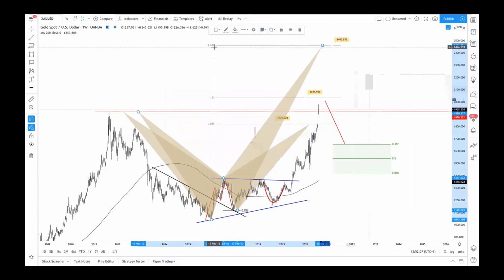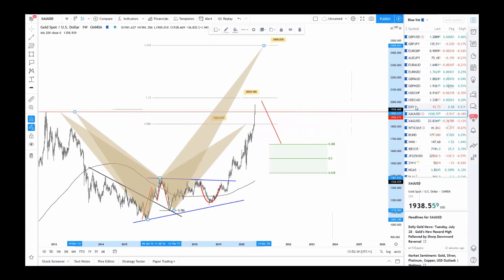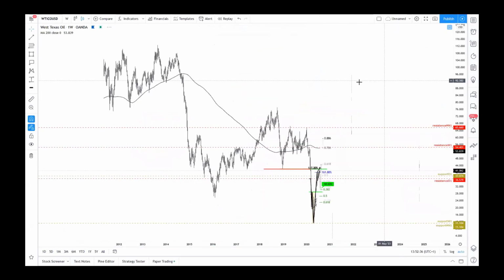So this is the 161 extension from all these swing lows. So this is the bearish crab pattern. Around that price level, I think the same, we will find for sure some confluence and convergence between other Fibonacci levels if the price starts to rise. So at that level, I will start to pay attention if the market fails a major or deeper fall from those levels. Let me just, because we are talking about commodities,